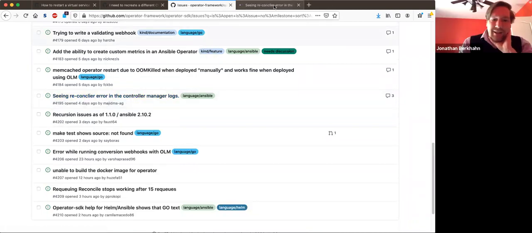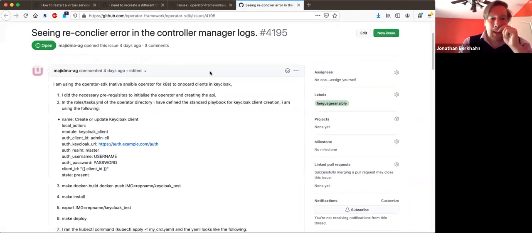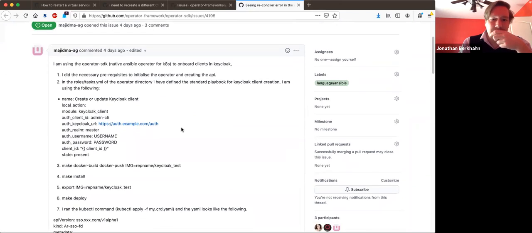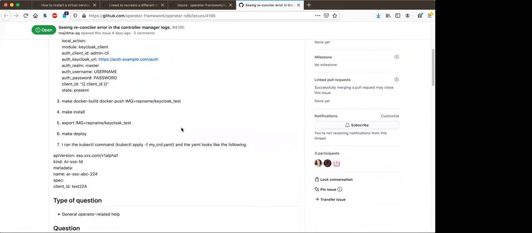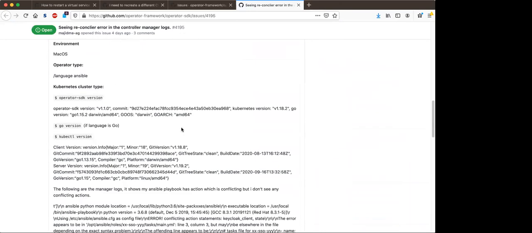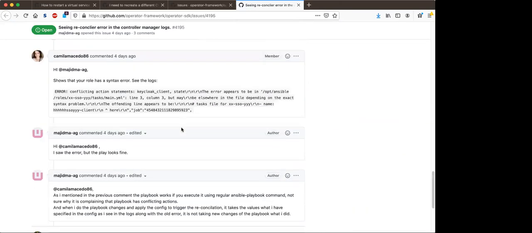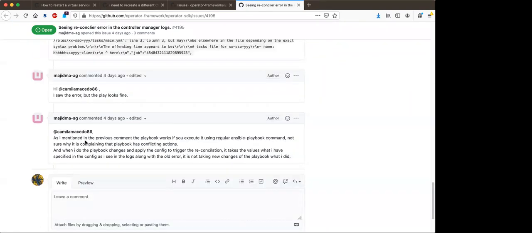Seeing a reconciler error in the controller manager logs. They're running an Ansible operator to onboard clients in Keycloak, whatever that is. I think I asked for more information on this one.